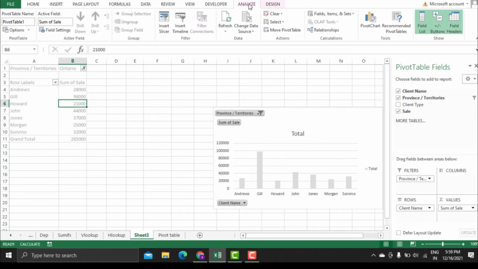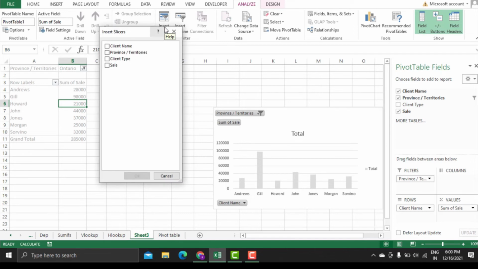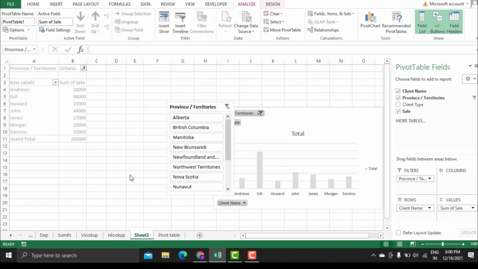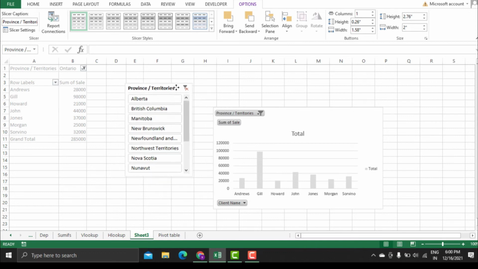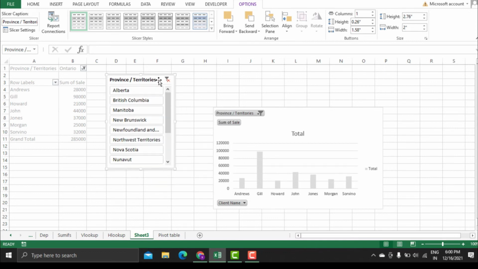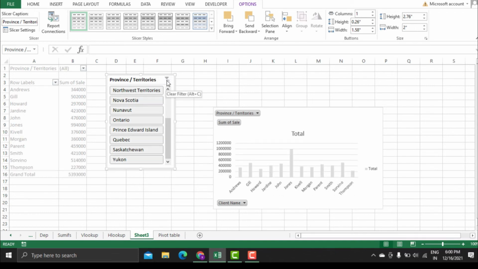And let's go to Analyze and let's use one of my favorite tools, which is Insert Slicer. When you click on it, it will show you which slicer you want to use. Let's say I will go with province and then okay, and I will take this from here and leave it here, and if I drag this down you can see Ontario, because if you remember we selected Ontario in our filter. So slicer is basically the same as a filter, but in a very decent way. So I will click here, it will remove the filter, and now it will be very handy.